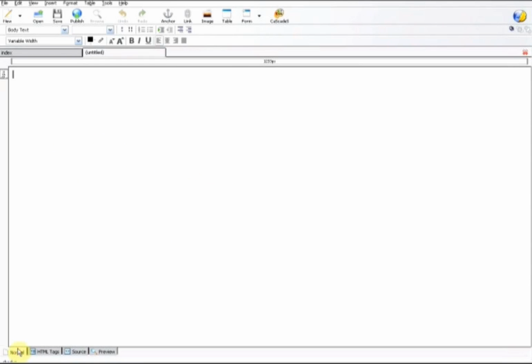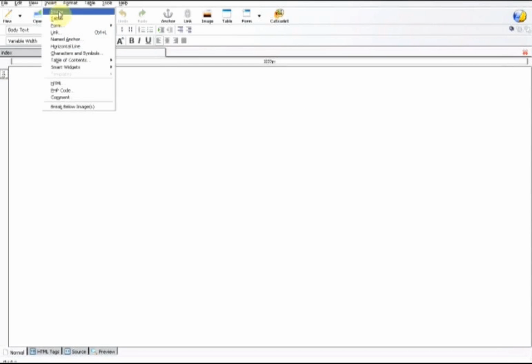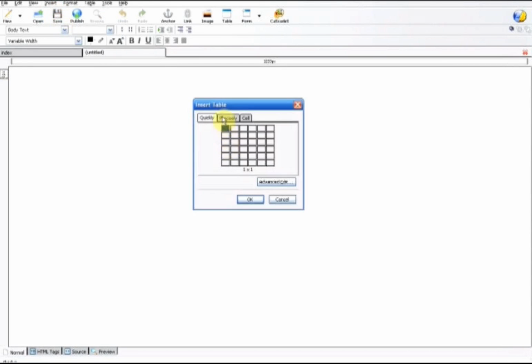Okay, so what we do is we select the normal tab, and what we'll do now is we will start creating our web page. So in order to do that, what you need to do is click Insert, Table, and we want Precisely, and we want it one row by 1 column, and we'll set the width to 1100 pixels, border 0, and we want cell spacing 0 and